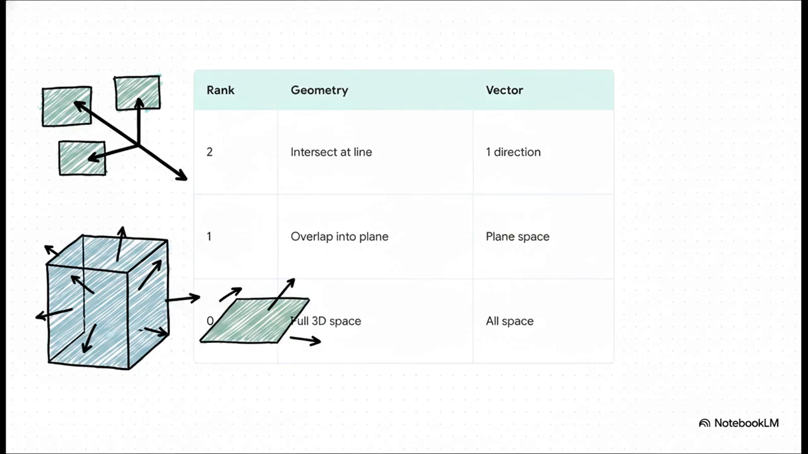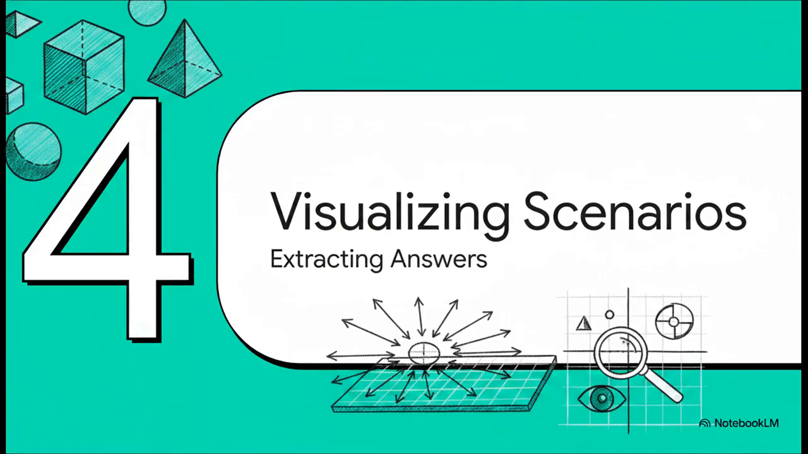And when the rank is 0, well, we have a 0 matrix, meaning there are absolutely no constraints at all, and the entire full space is wide open to us. Which brings us to part 4, visualizing the scenarios. Let's actually picture what these specific situations look like and see how we can extract our answers directly from the